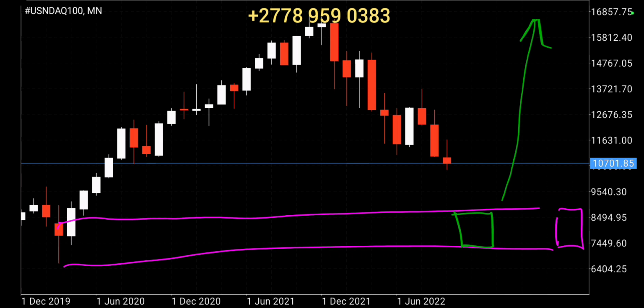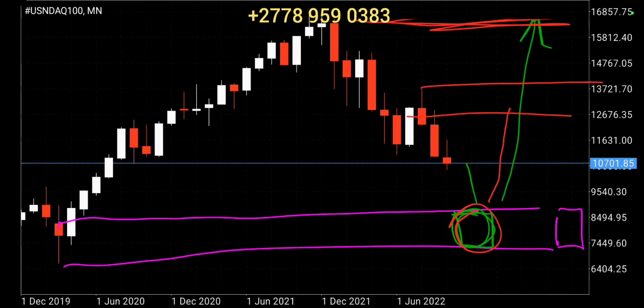Because remember, I always emphasize that currently there's nothing saying you can invest for long term. I've been saying this even giving the example of Bitcoin, that based on the current structure on Bitcoin and on this Nasdaq as well, you cannot have a buy trade or buy opportunity and say I'm going to hold it for long term, because currently the structure does not allow you to do that. But if you push and get that discount into the support, even if you don't get to hold all the way up, because it's going to take more than a year to go back there, at least if you enter it here, you'll be moving up until there. That's a huge recovery for you, the space, right?